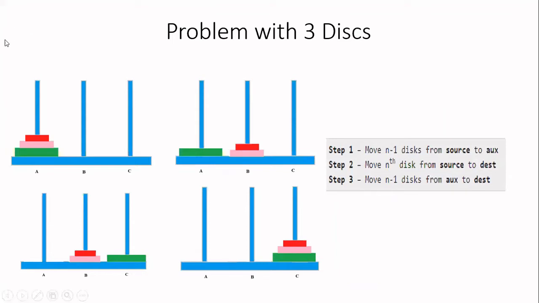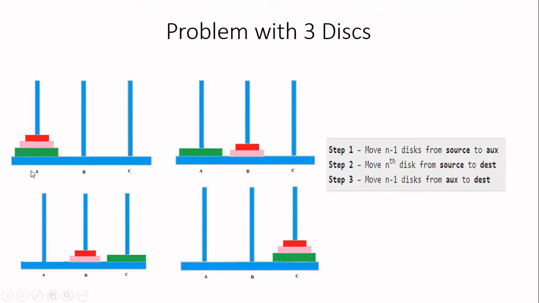So first, this is a diagram given to us. Okay, so you have to come to this particular diagram. When you implement this in the Tower of Hanoi problem, there are three different steps involved. The first step, where n is the total number of disks given to you, is to move n minus 1 disk from source to the auxiliary tower.